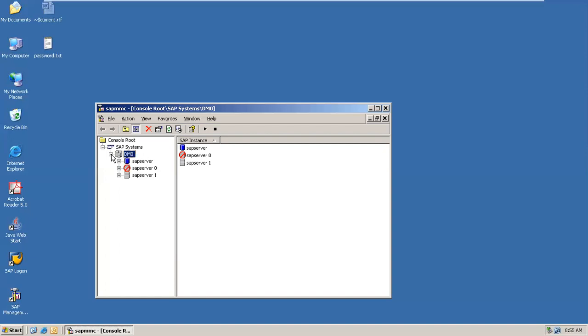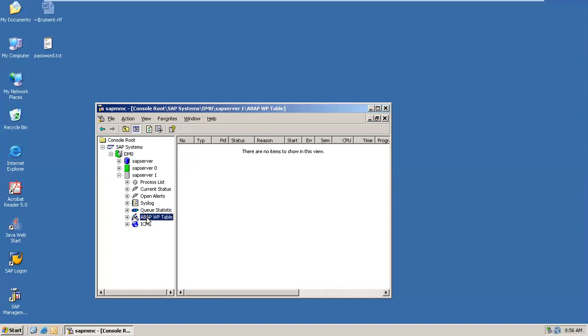Now expand this, and you don't have to worry about SAP server 0, but expand SAP server 1. So here you will get further navigation. Click on ABAP WP table. So do not click on this plus, just click on ABAP.